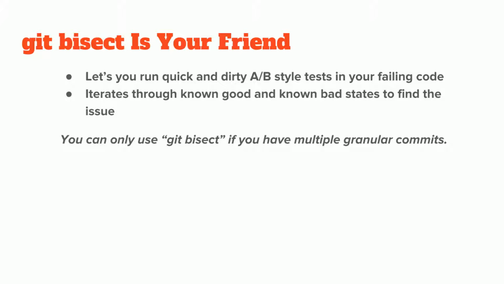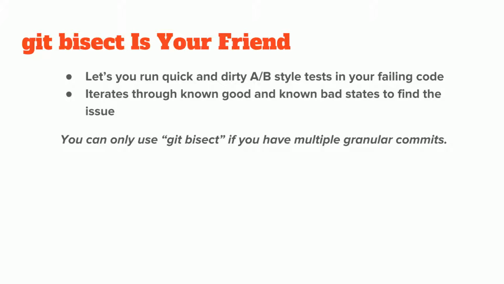This is a little bit advanced. Maybe it'll be helpful, maybe it won't. Git bisect is your friend. This is a super cool tool that basically lets you run an A/B test against your code. The one trick is that it only works if you have a history of granular commits. So if you have 10 commits between when you started and now, and now it's not working, you run git bisect. It's going to split that in the middle and let you run A and see if the problem is still there. Then it lets you run B and see if the problem is still there, and then it splits again, which is a really cool, really powerful tool.